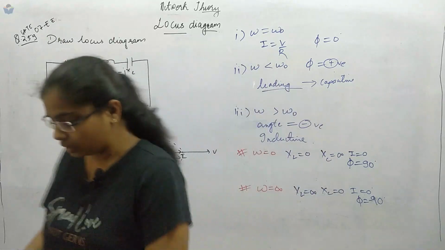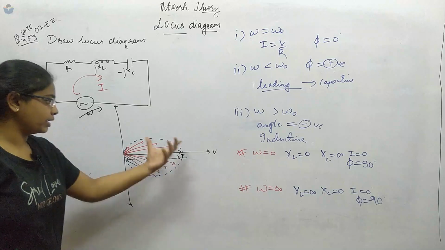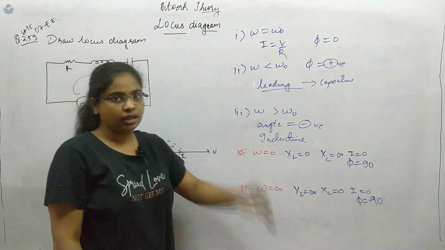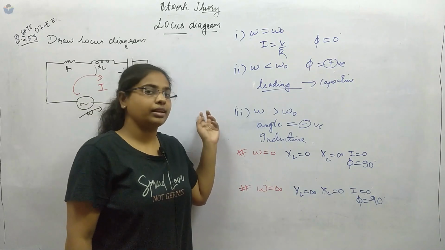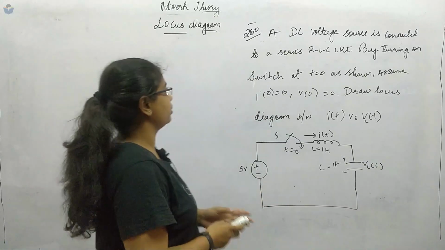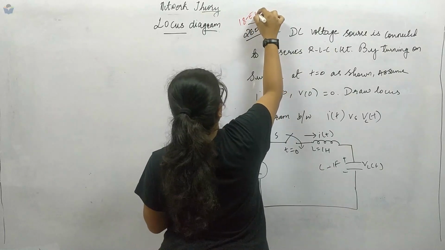So this is one more GATE question that was asked here. The options were given and the graph was also given for this locus diagram. To save time, I haven't written the options. Next, we will see one more question that was asked in GATE and then we will end this lecture. Coming to this last question, this was asked in GATE 2018 in the electrical branch.